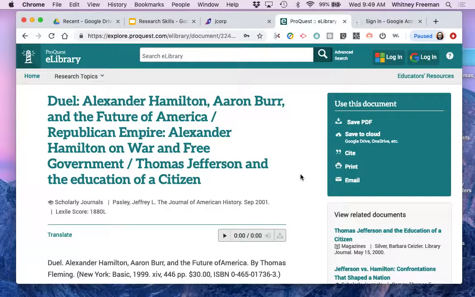Okay, so if I click on print, because if I click print